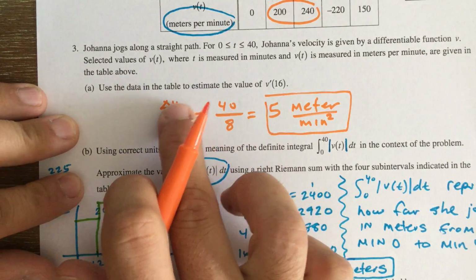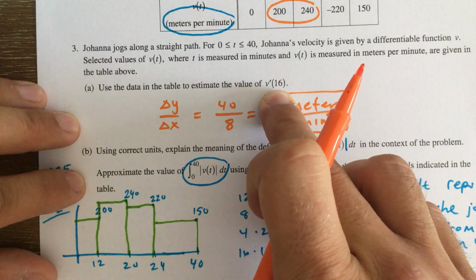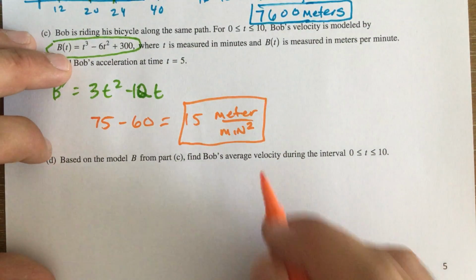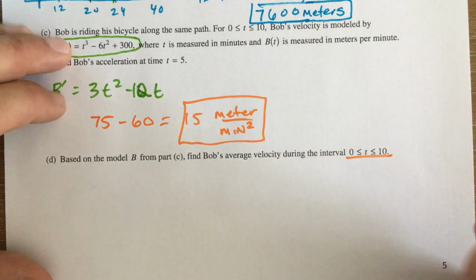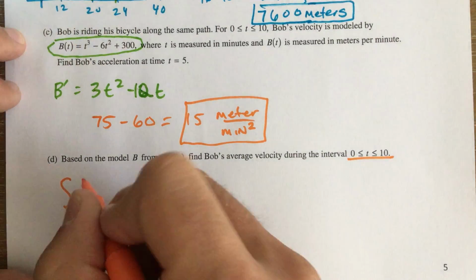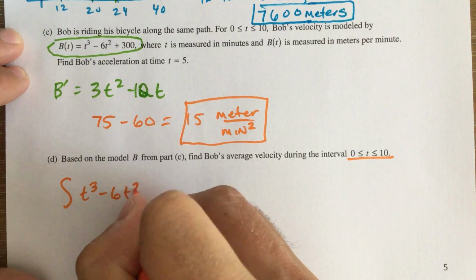It said average, find the slope basically, the average slope. This is a little bit different. This is an average where we have to add up all the velocities and then divide over the interval, which is 10. Okay, so adding up, I'm going to integrate t cubed minus 6t squared plus 300,